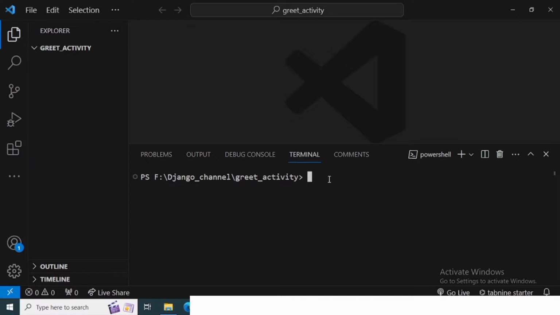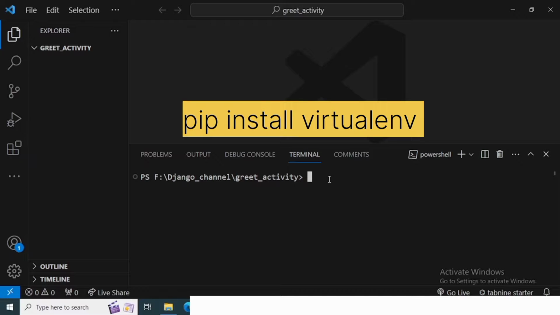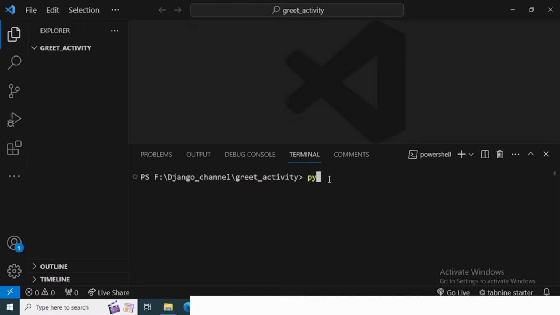The first thing that you should do in Django is create a virtual environment. For that, you should have virtualenv. If you don't have it, install virtualenv with the help of the command pip install virtualenv. Next thing is what? You create a virtual environment. If you already have a virtual environment, just activate that virtual environment and you can start working with the same